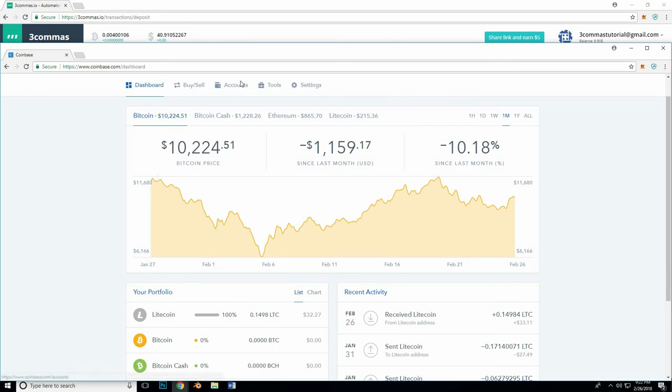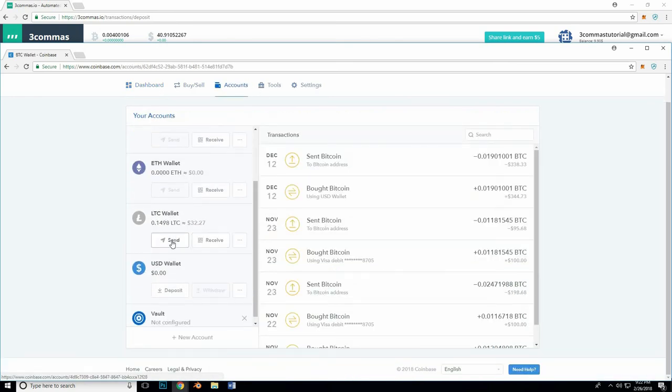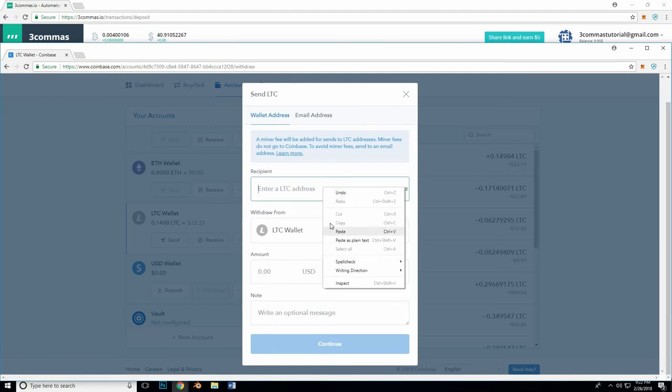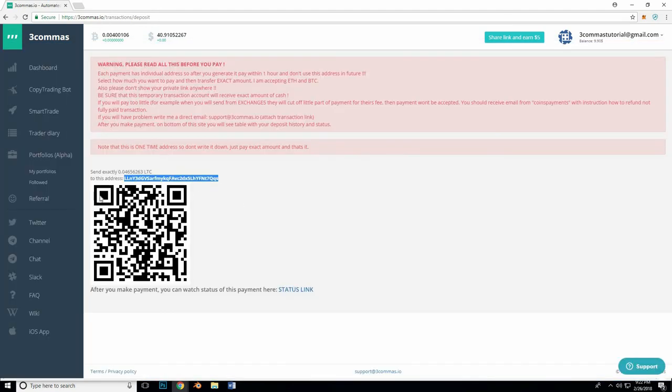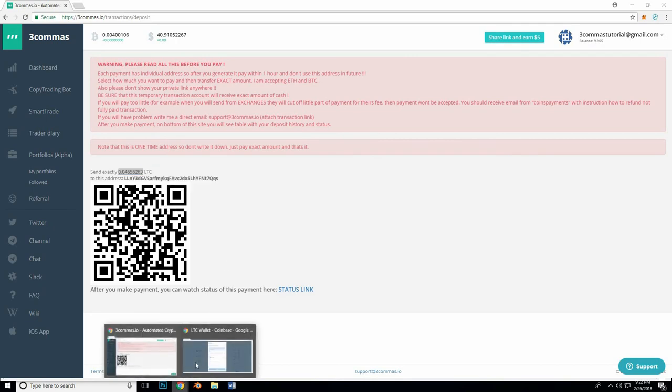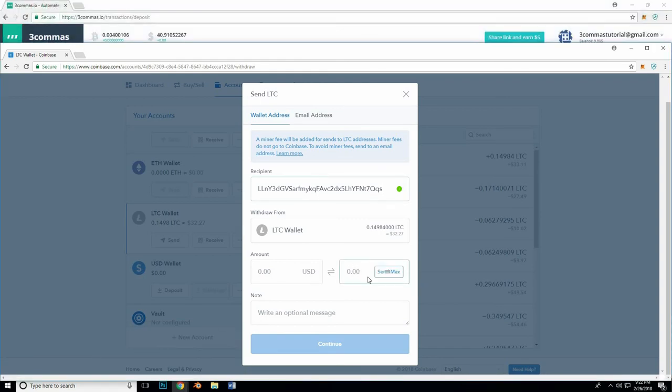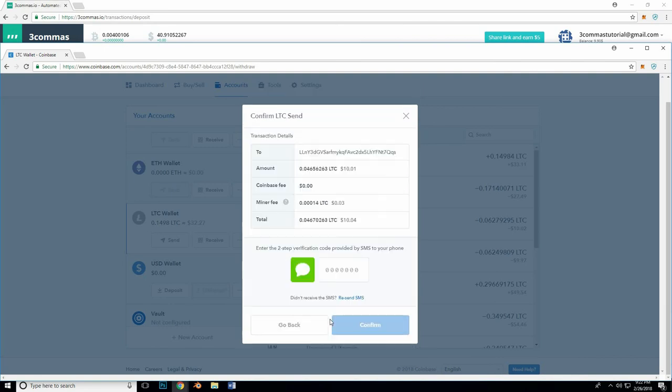I will click on Accounts and scroll down to my Litecoin wallet and click Send, paste the address, and I will return back to 3commas to copy the amount of Litecoin I need to send. Come back to Coinbase and paste it here in the LTC amount. Now Coinbase automatically adds transfer fees on top of what you want to send. But be careful when sending from any other application or exchange, and make sure that the amount received to 3commas is the amount they desire. I know I'm okay, so I'm going to click continue,